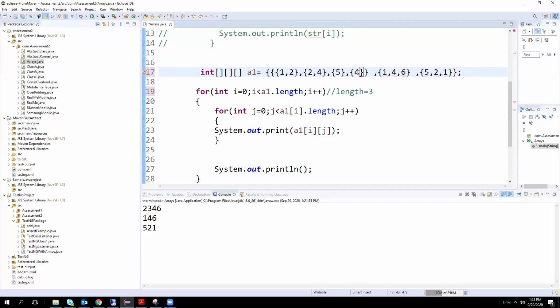Now I am taking some elements. This is one level, this is the next level, this is the third level. At this location also, I'm using one more array.